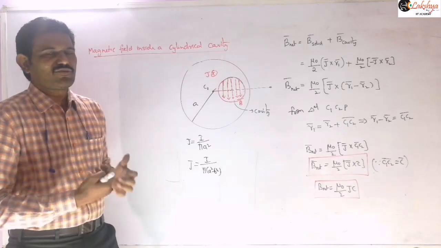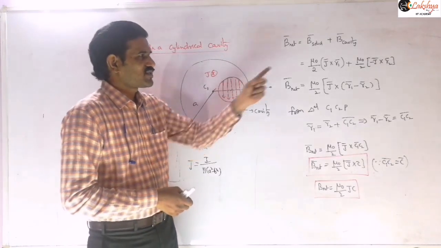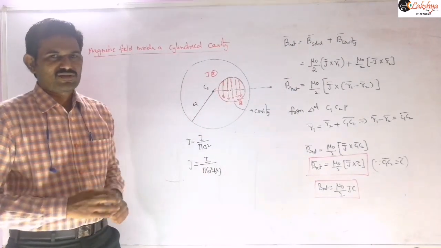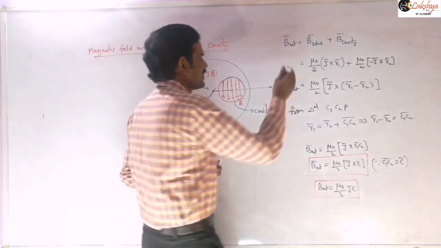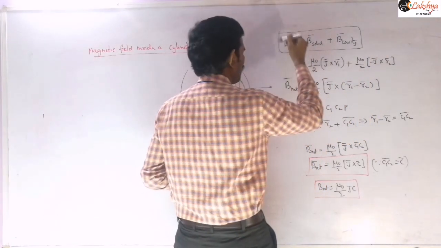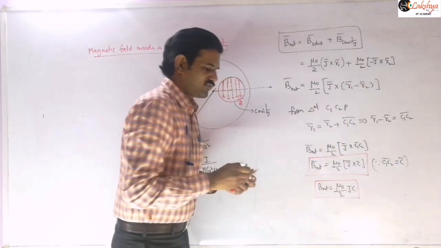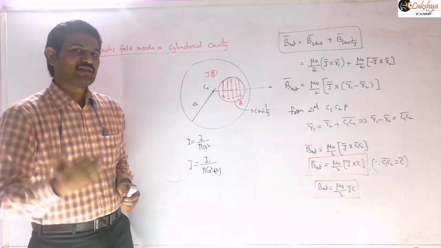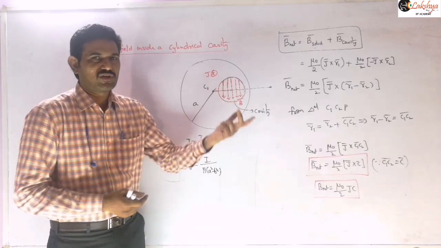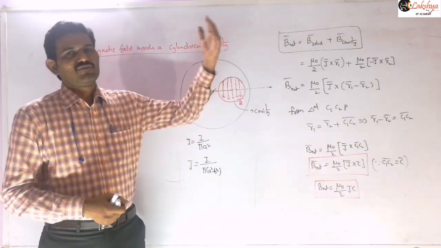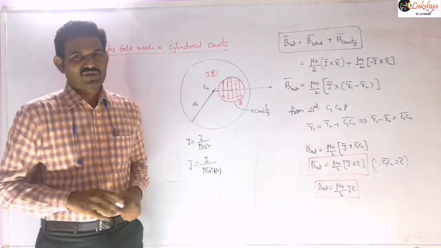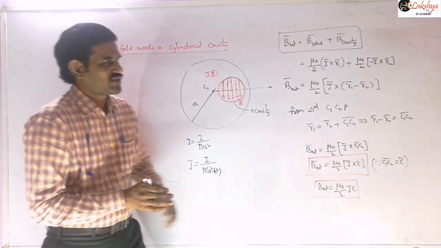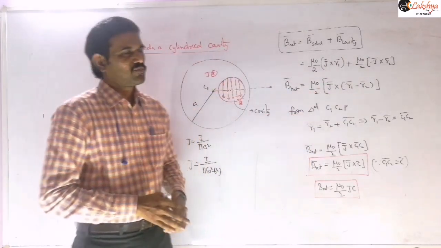We are assuming the current is flowing in the opposite direction. So when we take this opposite direction, we need to substitute the opposite field, with a minus sign. Outside also we need to solve in a similar way. For an external point, we write the magnetic field due to the solid conductor plus the magnetic field due to the cavity having current density in the direction opposite to that of the cylinder. That is our assumption. Due to that, finally we should get a negative sign between these two terms. That is an important thing there.